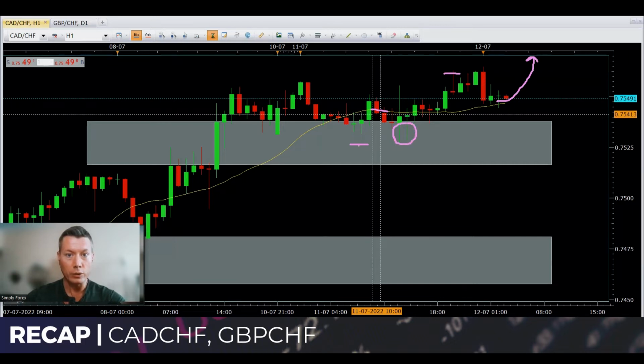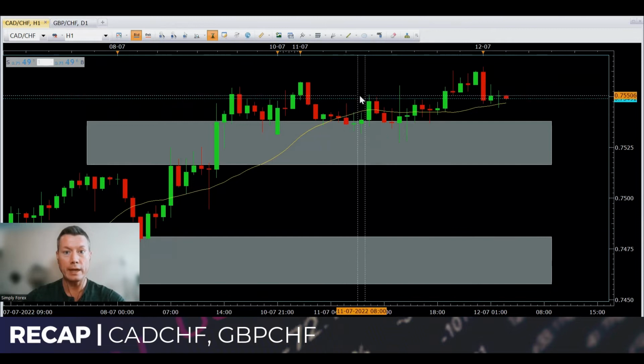You have to give your stop some wiggle room, I call it. So my stop was here, and fortunately it almost got taken out, but not quite. So you have to give the trade wiggle room with regards to your stops. As you can see, these almost touch my stop, not quite, and then come back up again. So yeah, this candle here was a good entry candle.